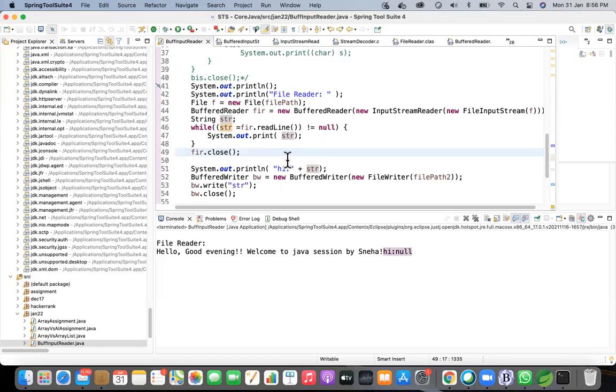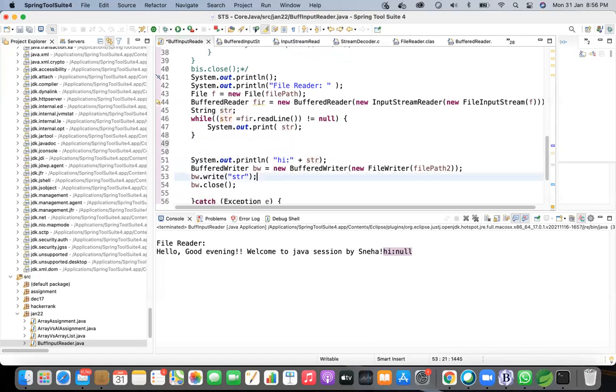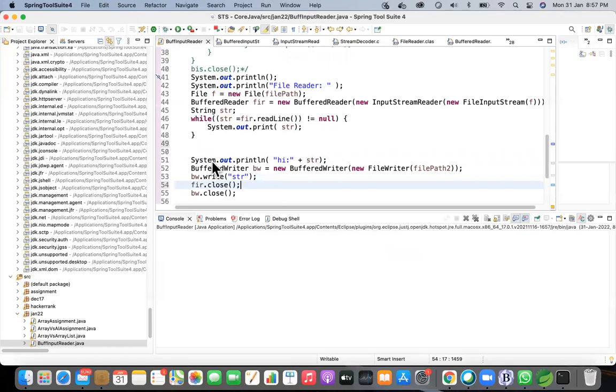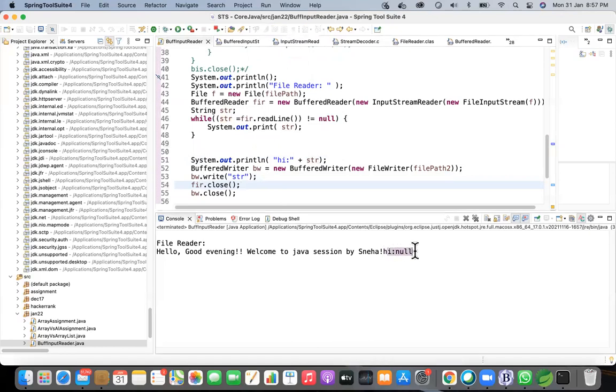Because it's a one-time activity, right? If you were just assigning str equal to whatever data you read, and not closing it, it might have worked. So maybe we'll try closing it after writing. Yeah, you can try that way. Meanwhile, we'll just do one more thing in the write, after line 50. Oh, you executed it? Yeah, executed. It's still null. Can you just scroll up?